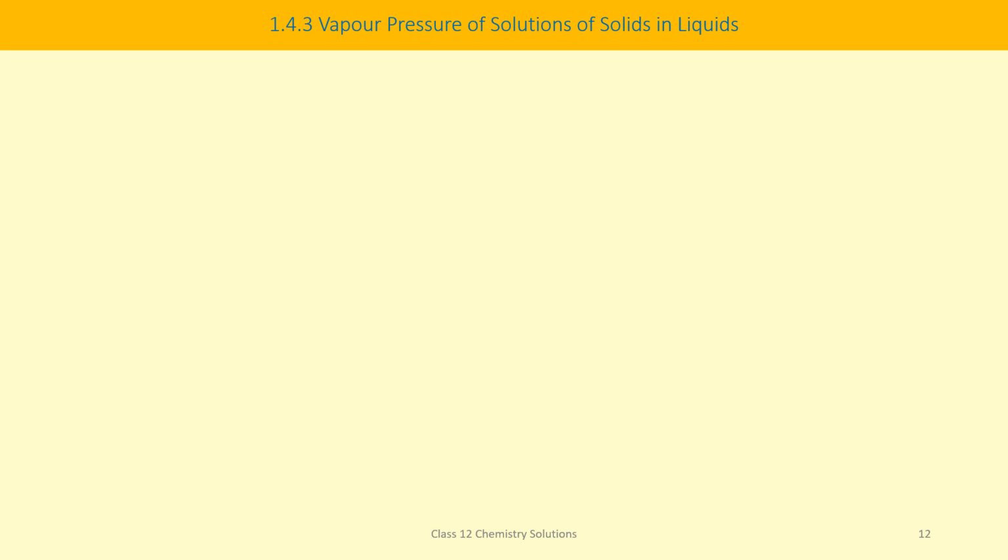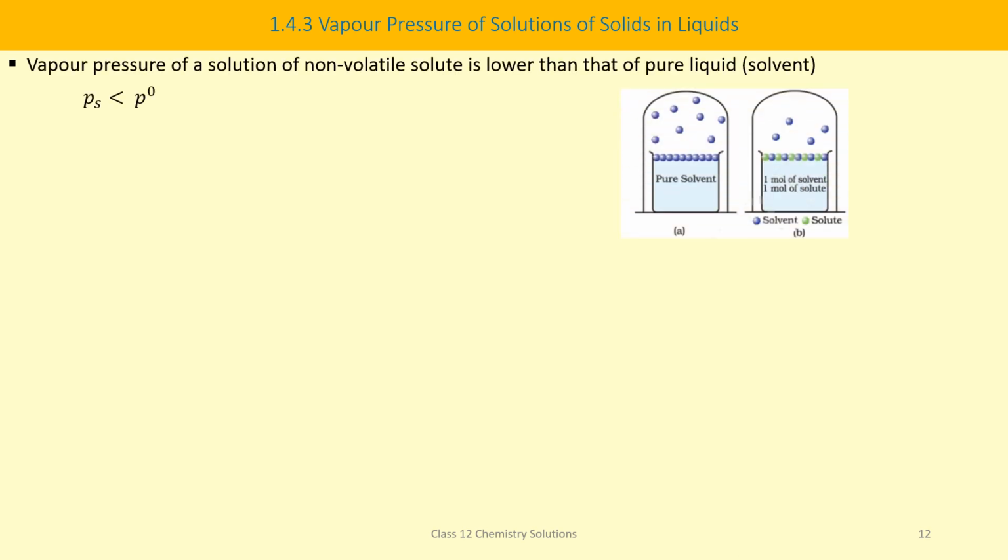Vapor pressure of solutions of solids in liquids. An important class of solutions consists of solids dissolved in liquids. For example, sodium chloride, glucose, urea, and cane sugar in water, or another solution is iodine and sulfur dissolved in carbon disulfide. Some physical properties like vapor pressure of these solutions are quite different from those of the pure solvent. Liquids at a given temperature vaporize, and under equilibrium